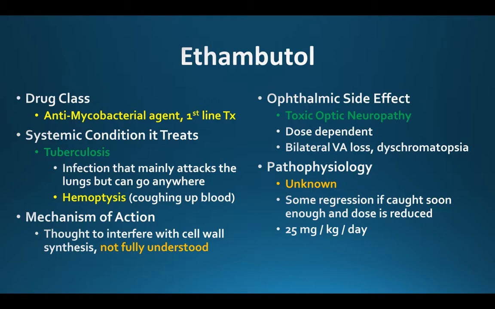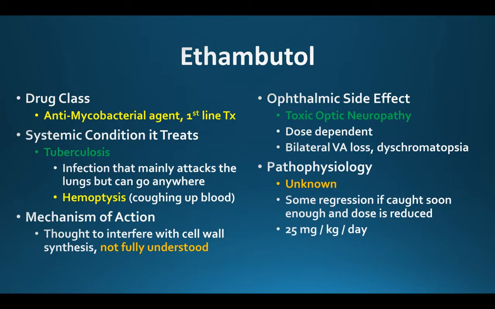The most common symptom to pick up on with this is going to be the hemoptysis, or coughing up blood. There are other symptoms that come along with this, and those include pain upon respiration, fever, fatigue, and there are other specific symptoms that can arise depending upon which organ is affected, and we don't have the time to get into that. The mechanism of action for ethambutol is not fully understood, but thought to interfere with the cell wall